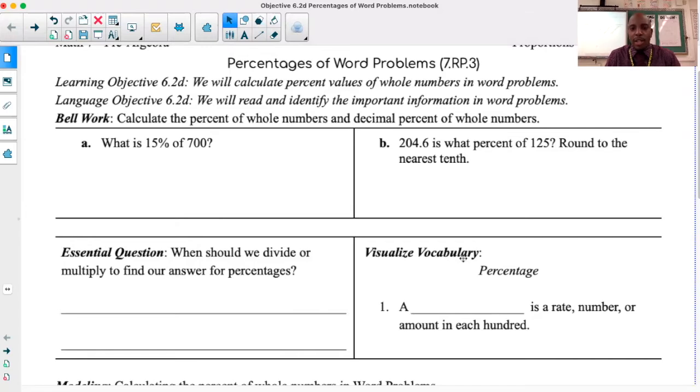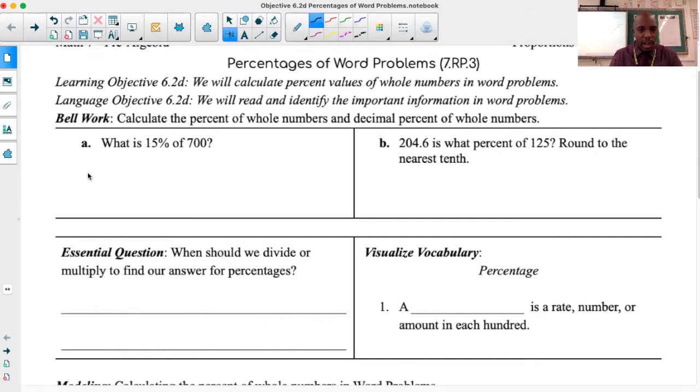All right, I hope you had enough time to complete the bell work. Let's look at A together, and then we're going to look at B. So A is asking us to identify what is 15% of 700. There's a couple ways to do this. You could write 15% as a decimal first, and then multiply that by 700. So you could say, okay, well, 15% is really 0.15, multiplied by 700. From this, you'll get exactly what 15% of 700 is, which is